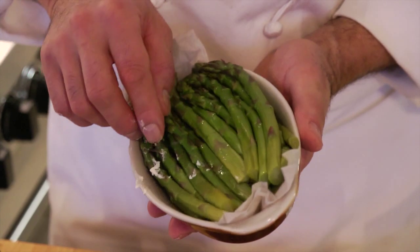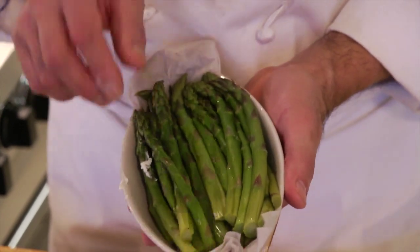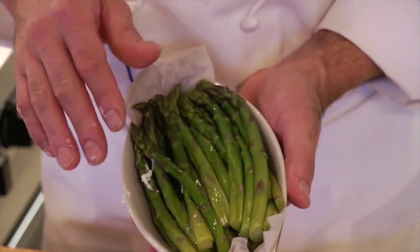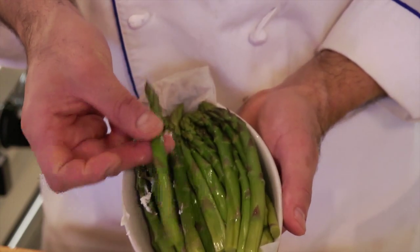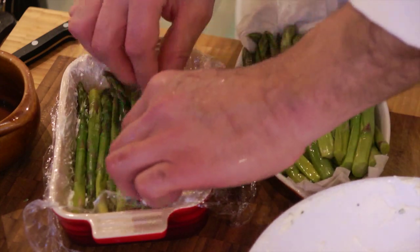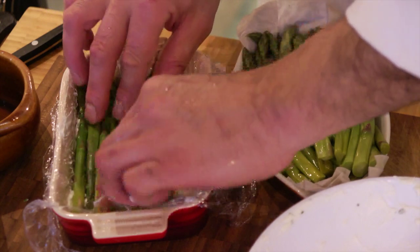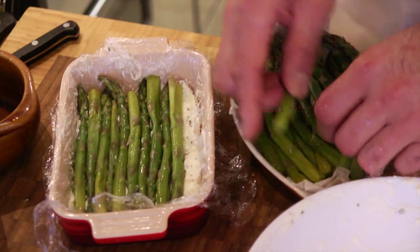So what we have is the asparagus, and they're blanched. When I mean blanched, they're part cooked. Do not put raw asparagus in your terrine, please. So blanch them, boil them, chill them down with some cold water, and now they're pliable. And I put the asparagus tips going different directions, alternating the tips from one end to the next. Get it tight. Now you could use the asparagus to push it down to make sure my terrine is nice